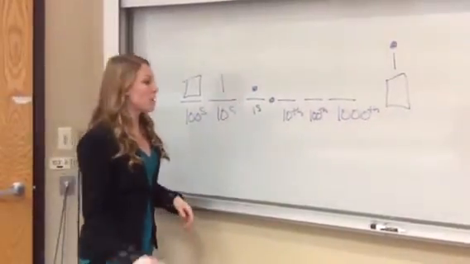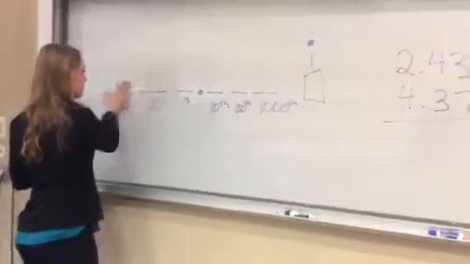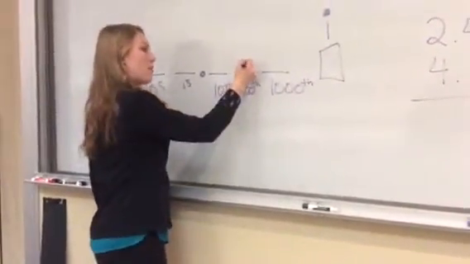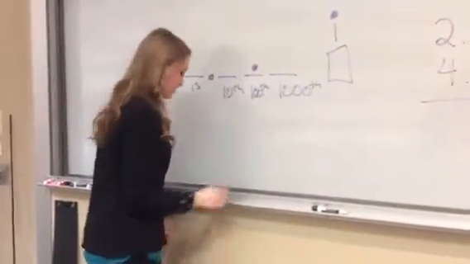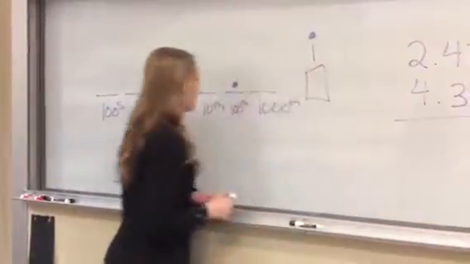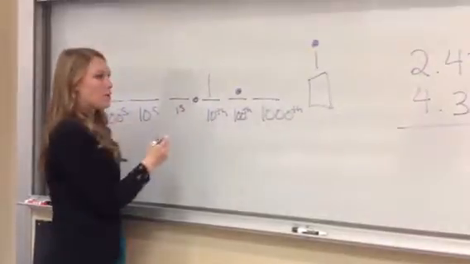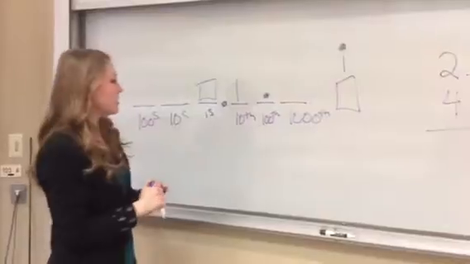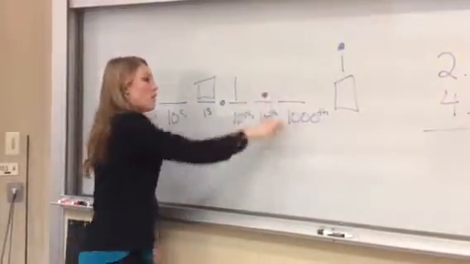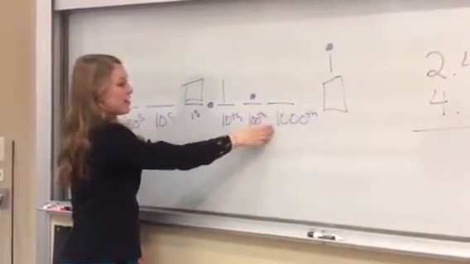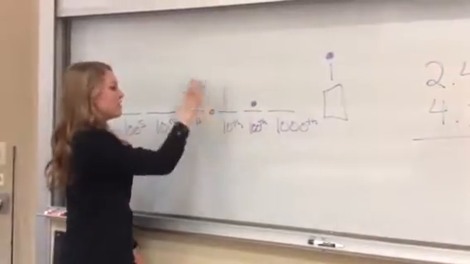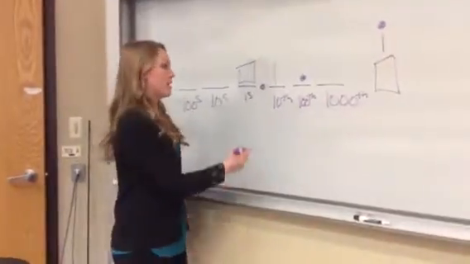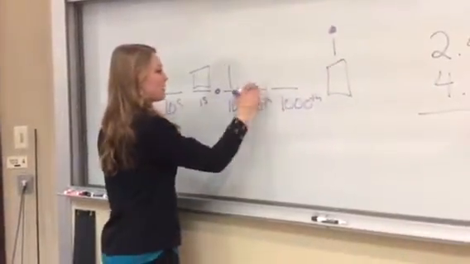In our case, we are going to be using our unit as our hundredths, our rod as our tenths, and our flat as our ones. This makes sense because for our hundredths unit, we need 10 units to get to our tenths and 10 rods to get to our ones. However, a common mistake students make is